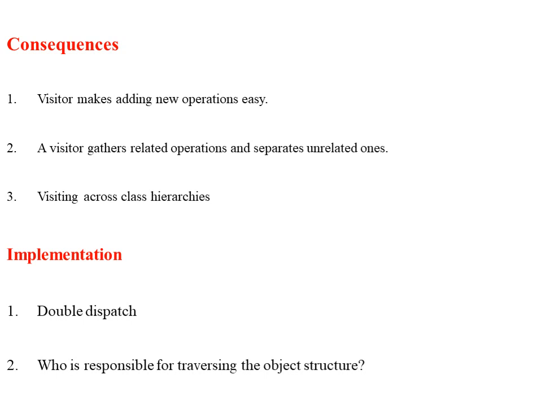Related behavior is not spread over the classes defining the object structure. Generally, it is just localized in a visitor. Unrelated sets of behavior are partitioned, and the partition should be done in their own visitor subclasses. So that is the main advantage, one of the advantages of the visitor pattern. That's why this gives better results, performs better on the object structure, and also solves the problem efficiently. So that is the second consequence.